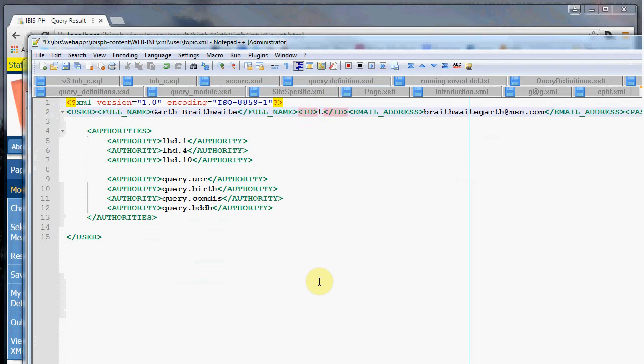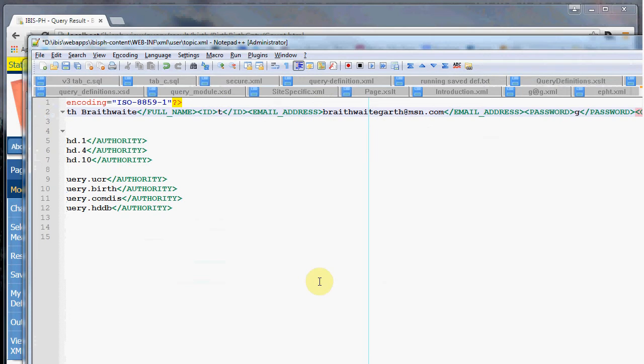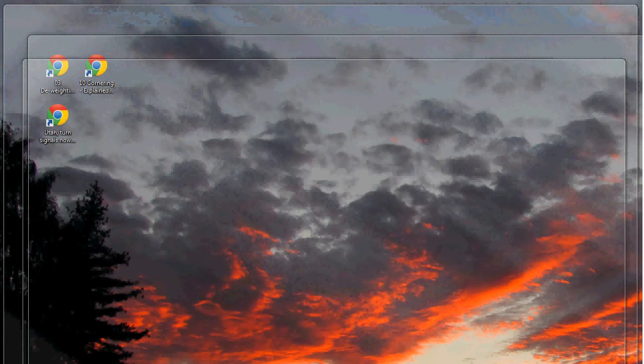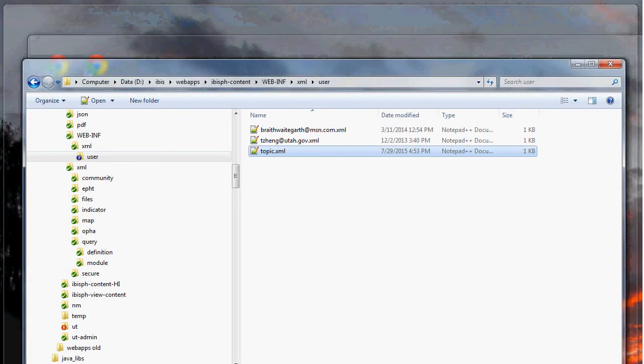And on your password, make that easy. Right now my password is G. We'll make that T as well, and as soon as I save this, you now have a user that will be able to maintain that topic XML file. You make changes to it. When you make changes to it, when you go into your Windows Explorer,